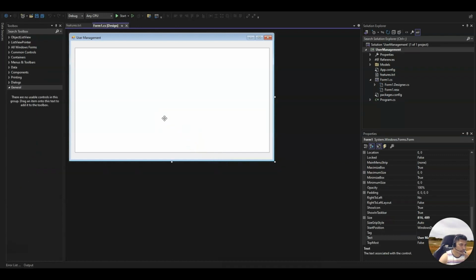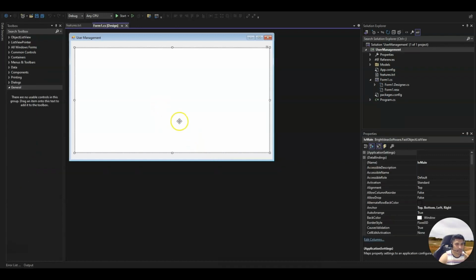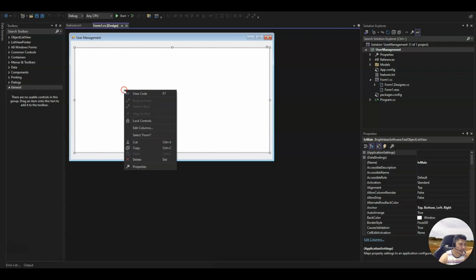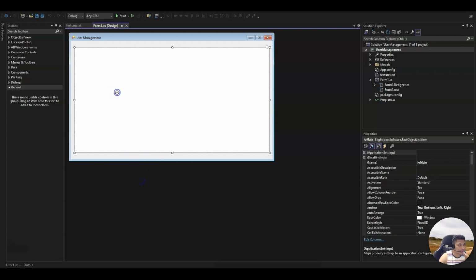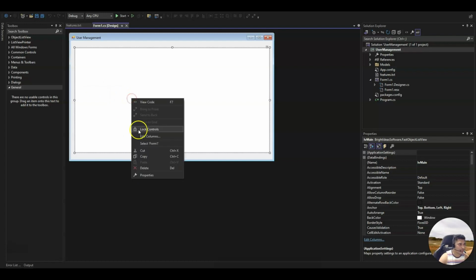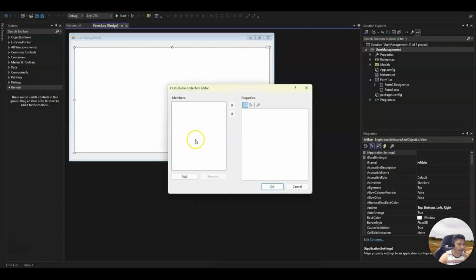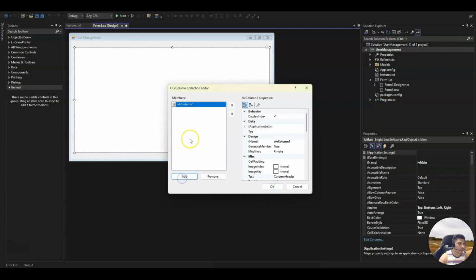Now I have switched the project to Visual Studio. Since we have created the users and assigned them to this list view, the next thing we need to do is have some columns to display those users' information. To do this, click on this object list view, right click, edit columns, and then we'll add a couple of columns to display those properties. So one is first, let's give it a name, call it first name,